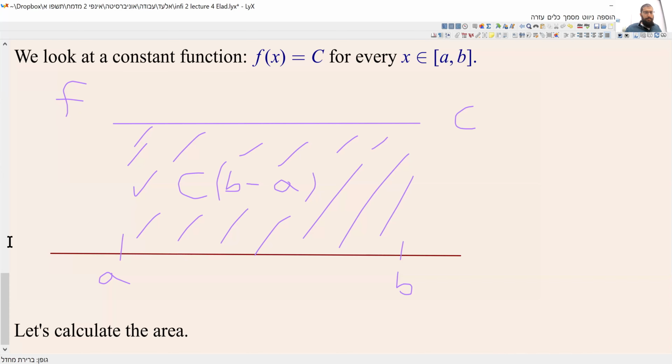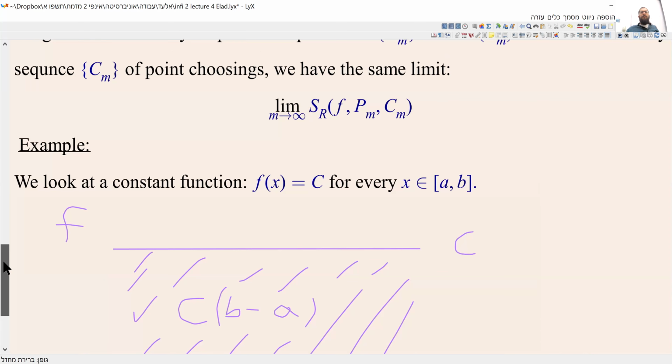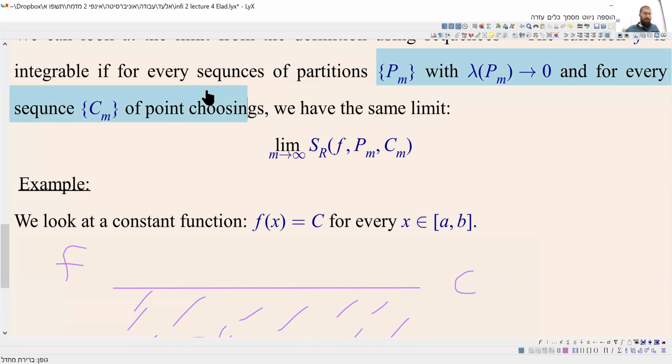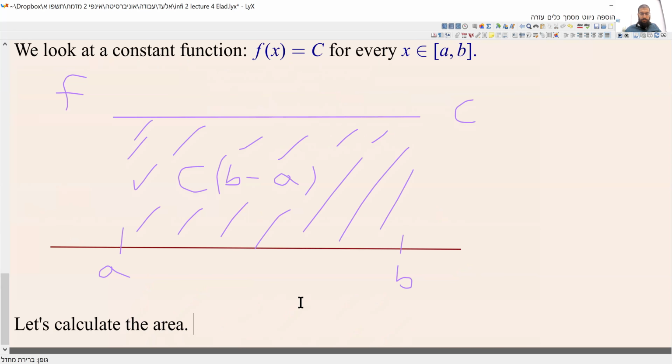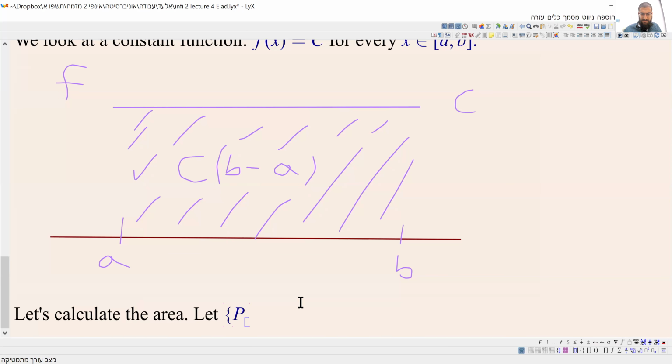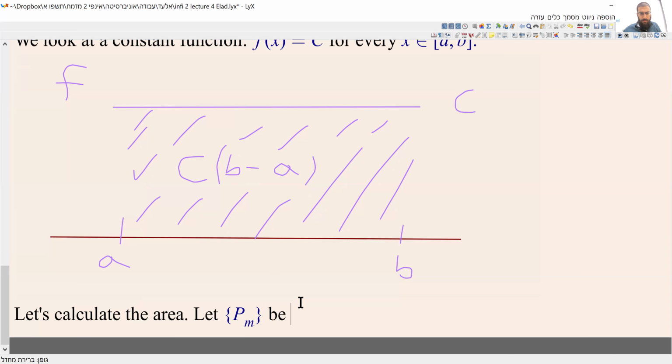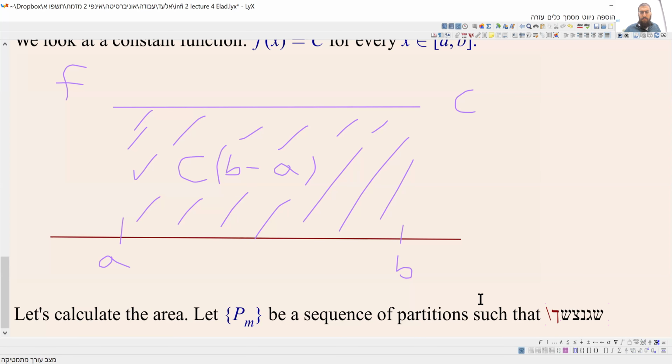Another way we actually see that it does exist is with sequences. Let m be a sequence of partitions such that the parameter is going to 0 when m tends to infinity,